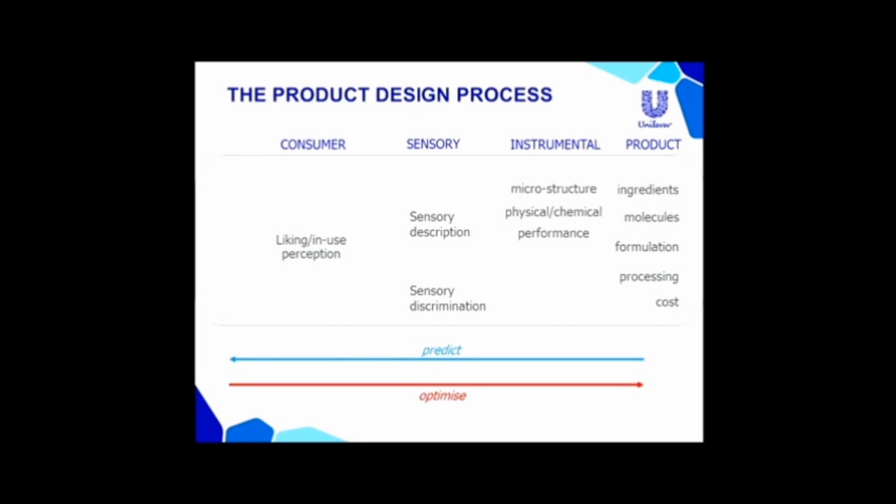Then we want to know how these products interact with our consumers, because our consumers use them. So we might move a set of prototypes into the next phase, sensory testing, which is another step away and a bit noisier. It's a trained sensory panel, where people are trained to measure things like coldness or stickiness, so they're almost linear. We hope we get quite good data out of that, but it won't be as good as you get